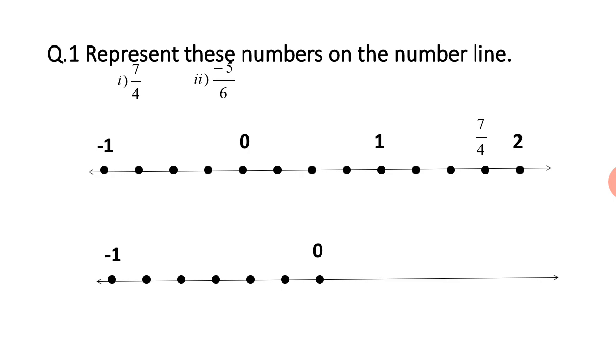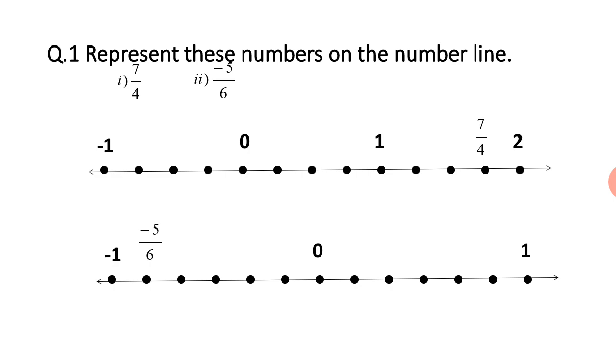Now start with 0 and when you move to the left hand side, the next dot, that is the next number over there, will be -1 by 6. Then -2 by 6. This is how you will go on counting on the left hand side. But we will show the number line on the right hand side also. So with 6 divisions, that 0 to 1 unit distance is again divided into 6 parts because the denominator is 6. Now place -5 by 6 on its position.